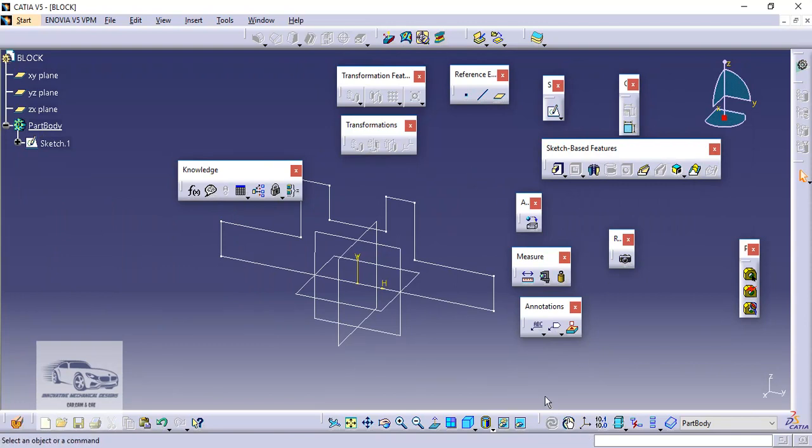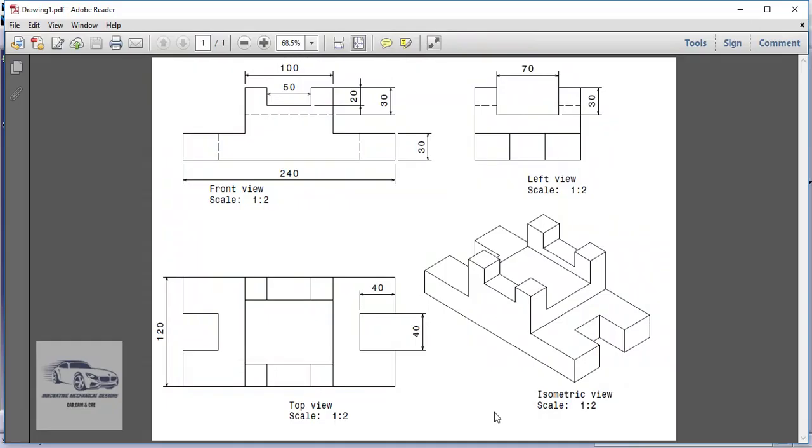Now what is a master sketch? A master sketch is a sketch representing any view of the model which comprises the maximum features of that particular part. For example, in this case we can take this particular sketch as the master sketch. Here I can draw the outer profile, the profiles for the inner holes, and the profile for this side cut also.